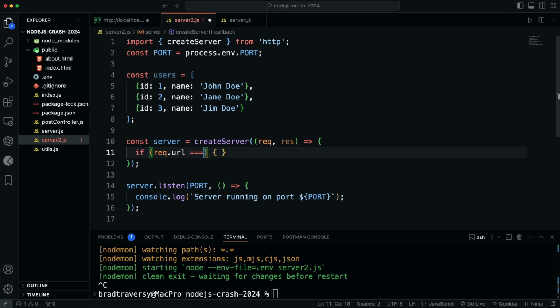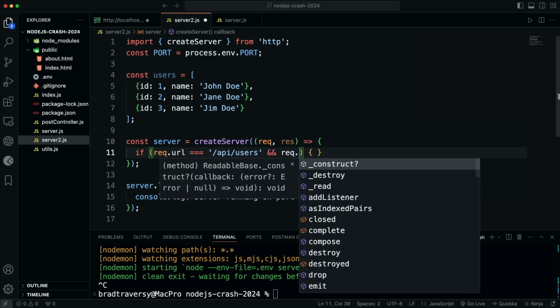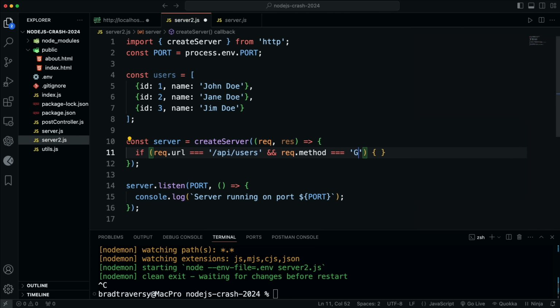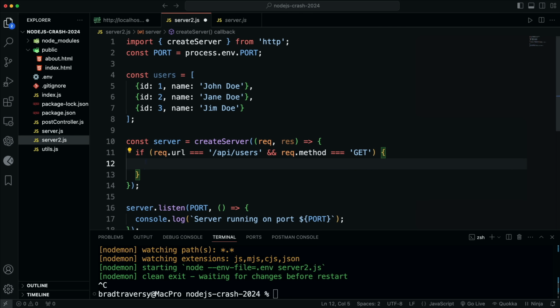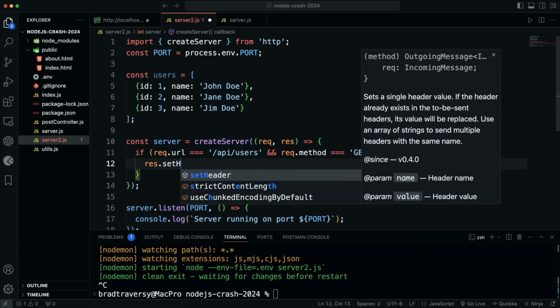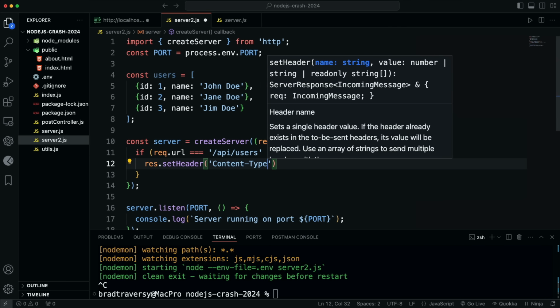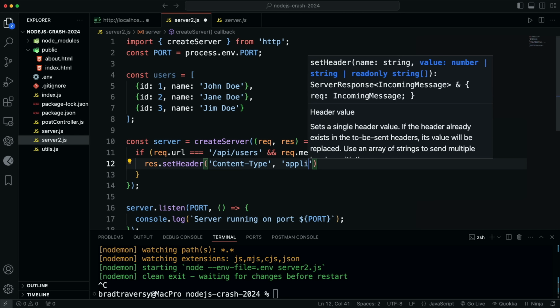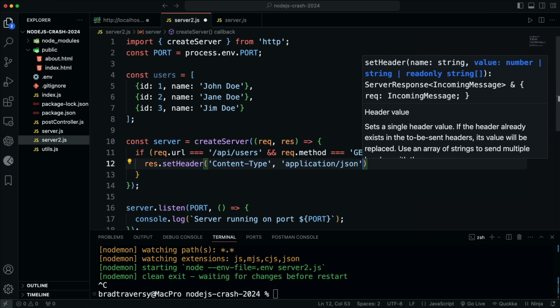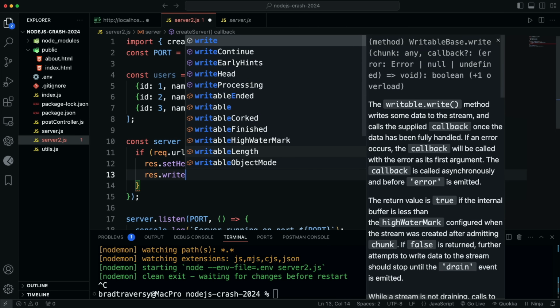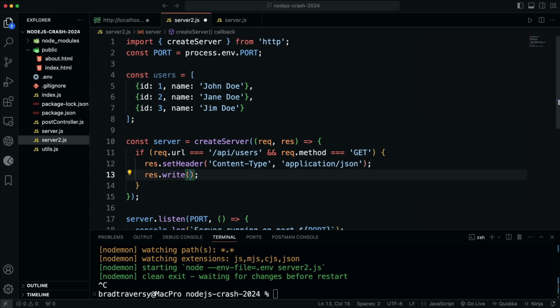So let's say if the request URL is equal to something like /api/users, and let's check for request.method and see if that's equal to GET. So if that is, then let's do res.setHeader, and we want to set our content type, and for JSON it's going to be application/json. Okay, and then let's do res.write,